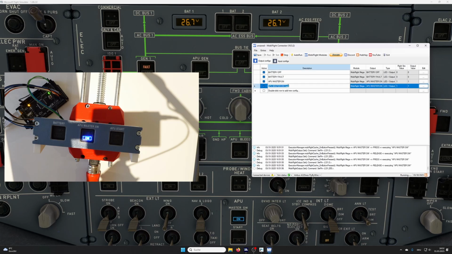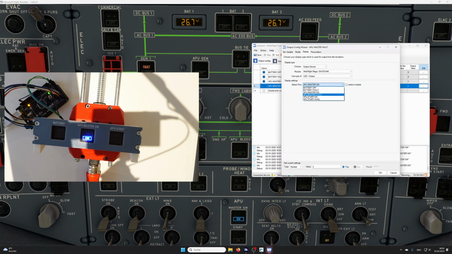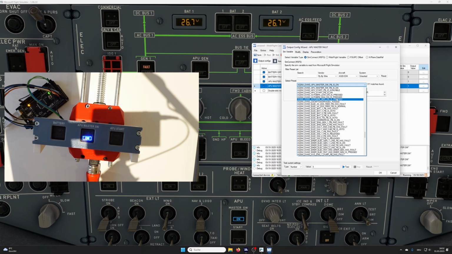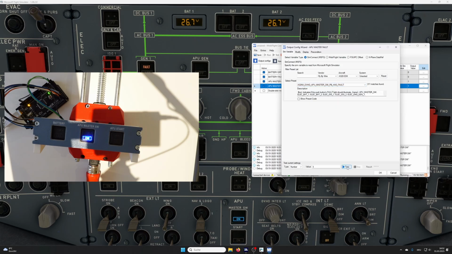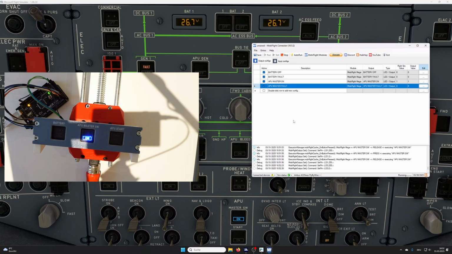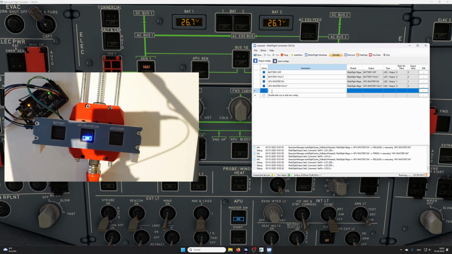Let's go on with the fault light in here. Just duplicate this row, name it fault. Go to edit and set it to APU master fault. And here, master switch has fault. All right, next row, APU